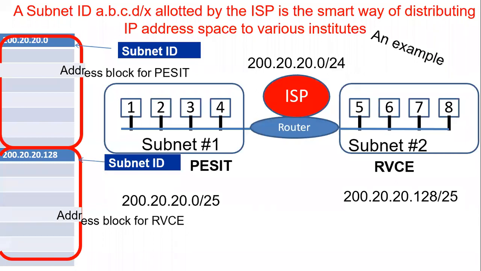Now we'll see how a subnet is created. Consider one IP address given for an organization. So this is the IP address given. 24 bits, which means 3 bytes, is considered as the network ID. The remaining bits are used for the host ID, so we just have 8 bits. In those 8 bits, you can allocate 256 addresses. So we can divide it into 2 subnets.